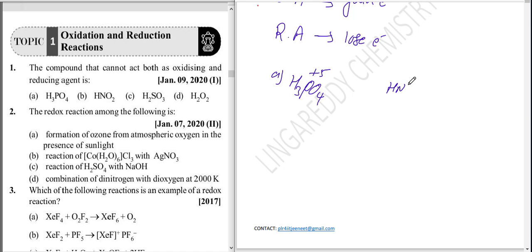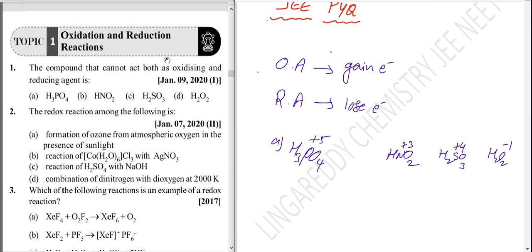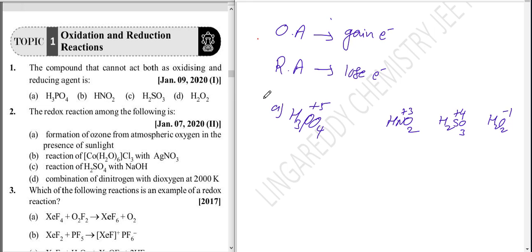HNO2 is there. In HNO2, the oxidation number is -4 + 1, that means +3. H2SO3, oxidation number -6 + 2, that means it should be +4. Then H2O2, it is -1, right? So cannot act. Cannot act means